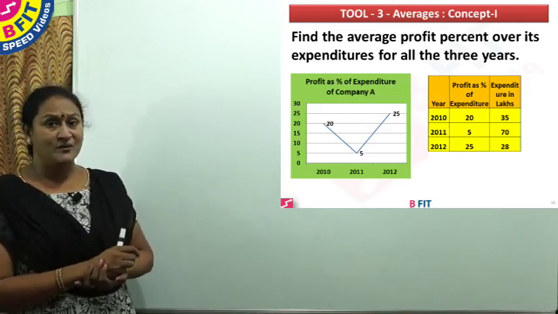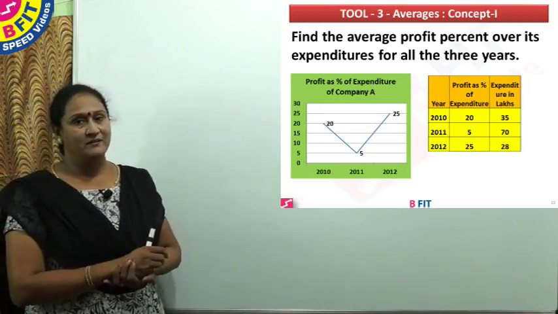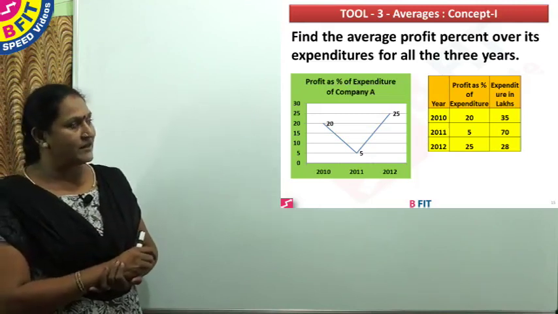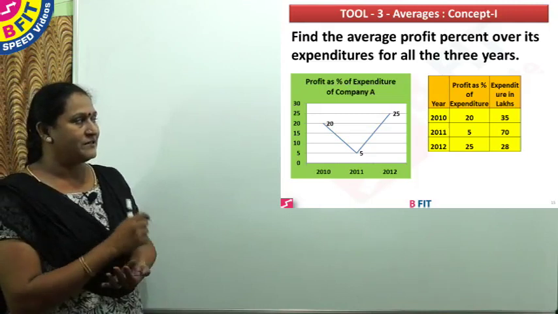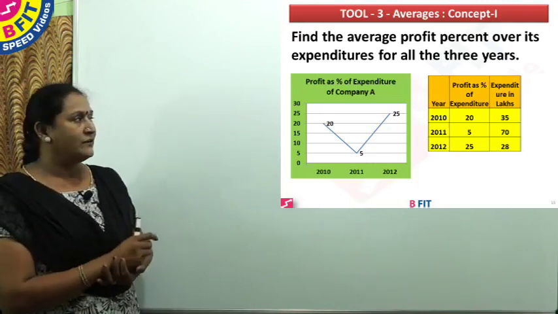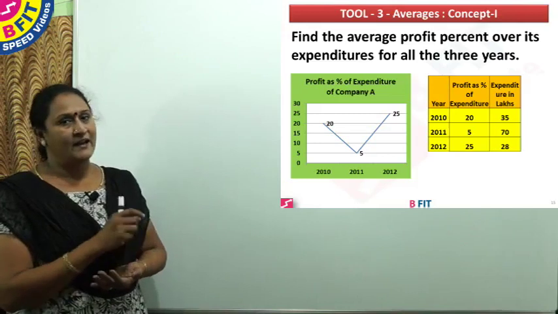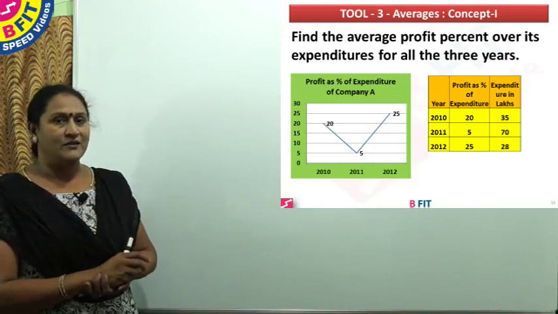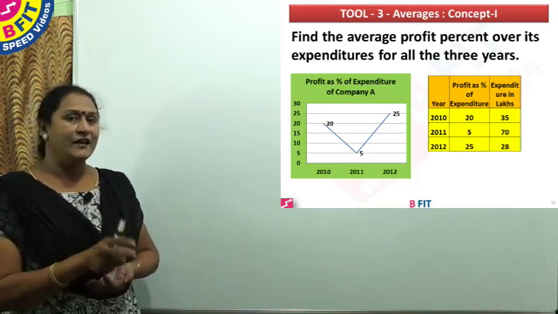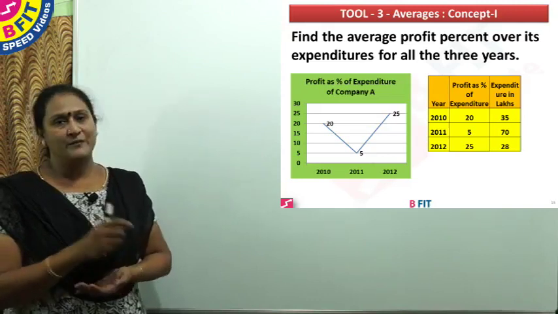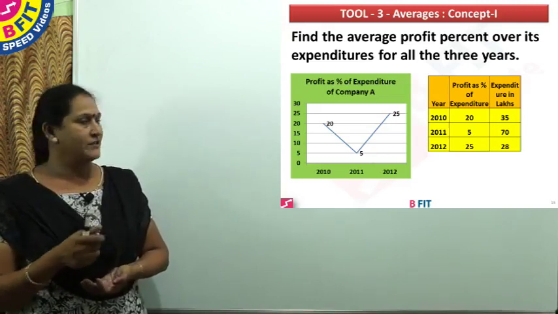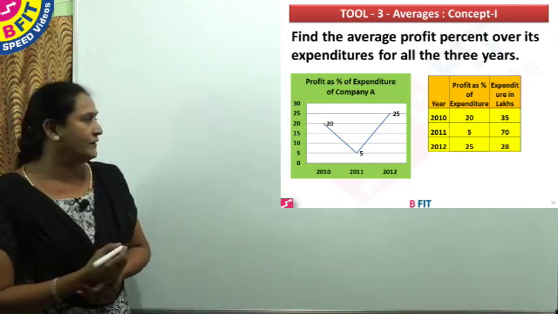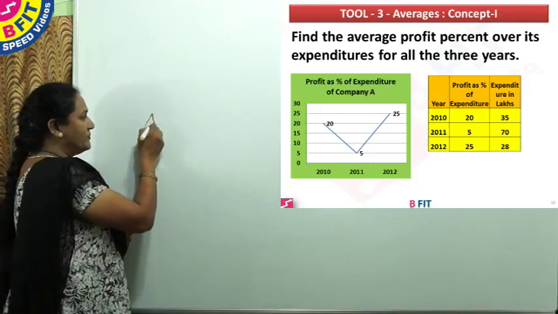But this is wrong, because expenditures are different. So this percentage 20 is on 35 lakhs. So expenditure is given as 35 lakh. So this 5% is on 70 lakh, and this 25% is on 28 lakhs. So as the bases are different, we have to find the actual profit. So after finding the actual profit, we can find the average profit percent. So when expenditures are different, we have to find the actual profit. So to find the average profit percent,